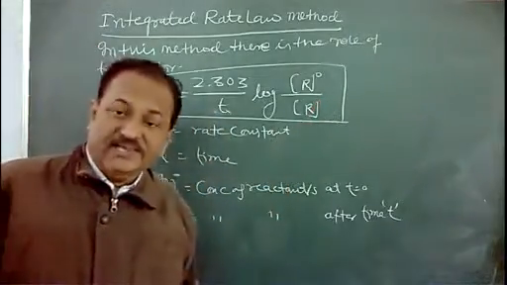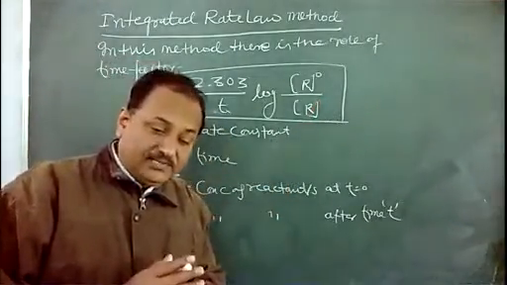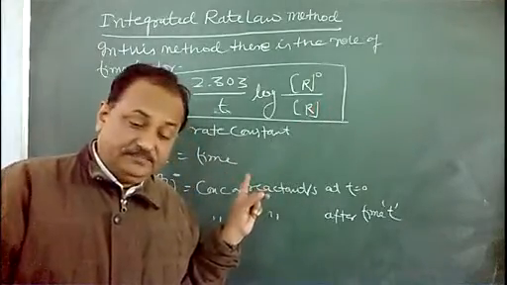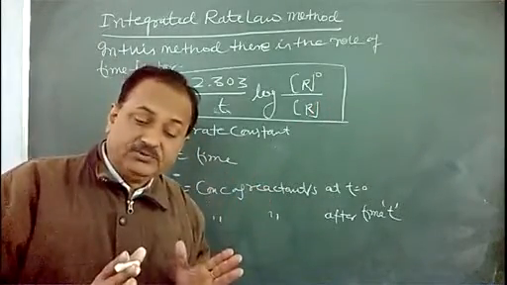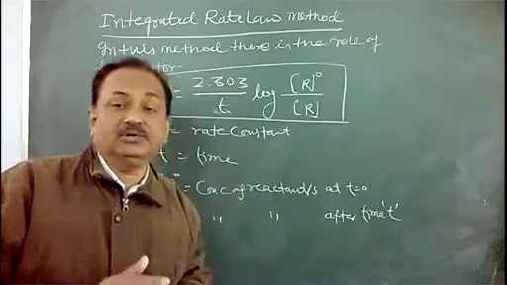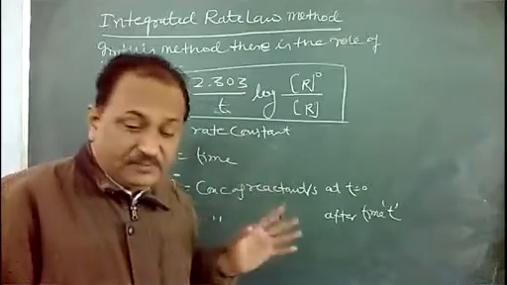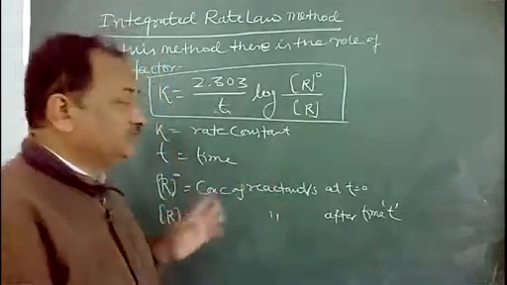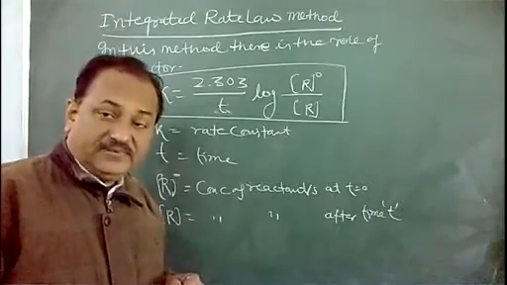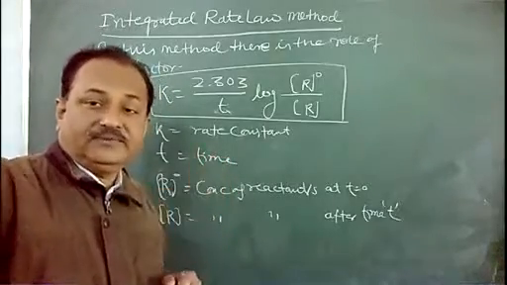On keeping the values of these, we get the rate constant, and children know the rate law equation, and by putting in the values we can have the concentration, and we can find out the order of reaction. So this method is very much important to find out the order of reaction, and there is the involvement of time also.